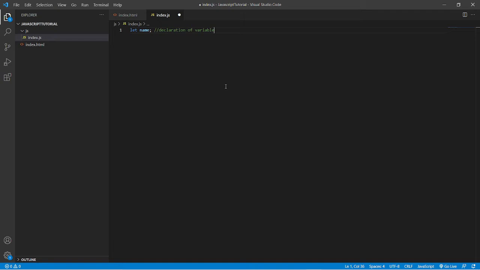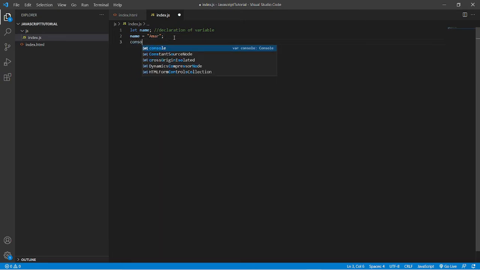We do two things while we deal with a variable. First is the declaration part and second is the assignment part. In the assignment part, we assign a value to a variable. So let's quickly assign a value to this variable. So name, and then we use the equals to sign to assign the value to the variable, and that's why this equals to sign is also known as the assignment operator. I am assigning my name, Amar. So I have assigned the name Amar to this variable name.